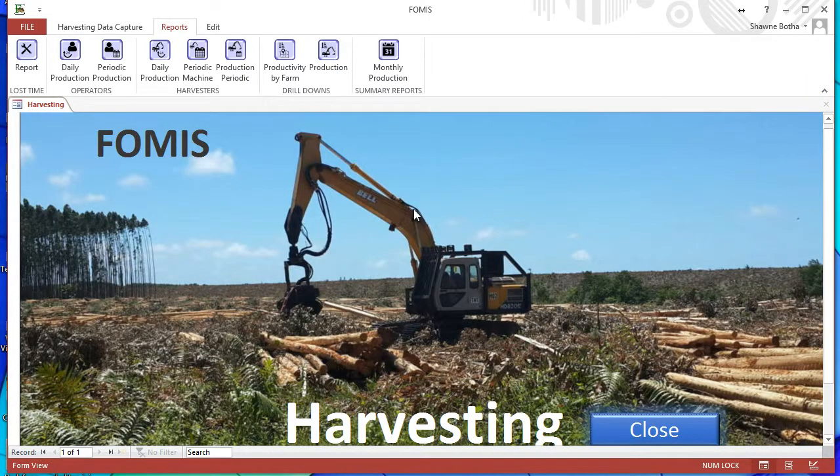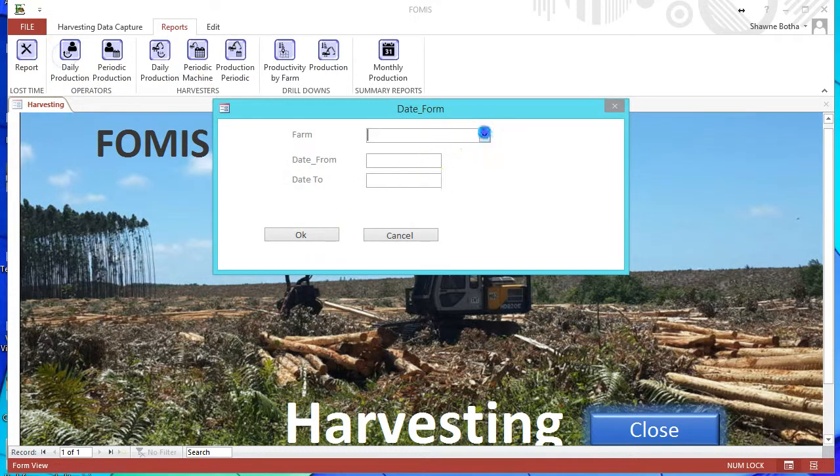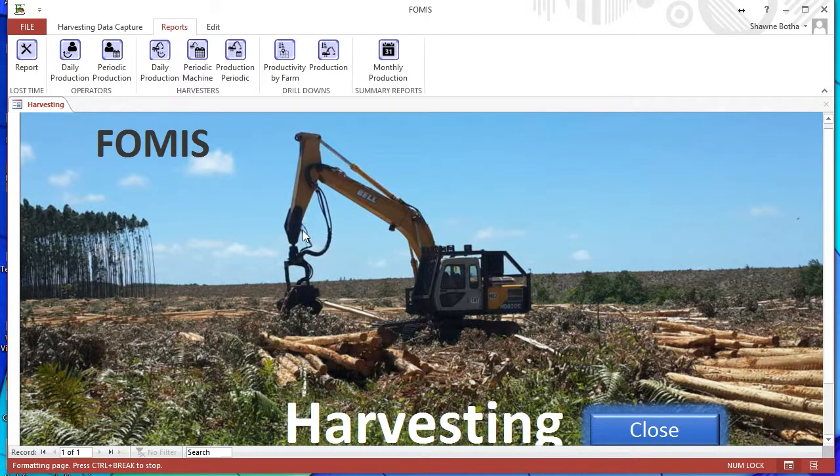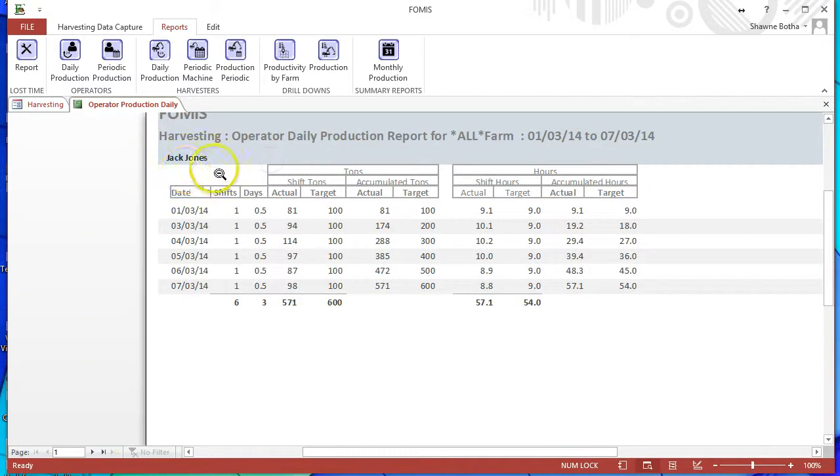In terms of production reports, they are broken down into operators and harvesters. There's a very simple daily production report. Let's say for the first 5 days in March, and this will give you a report by production. So Jack Jones here, that's his production. Always a comparison between